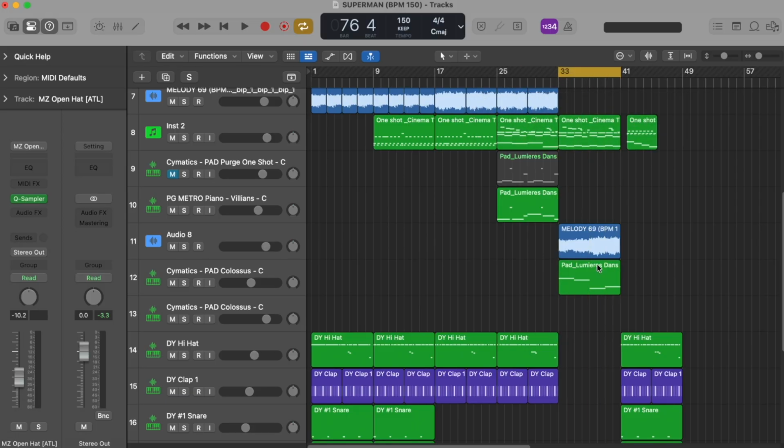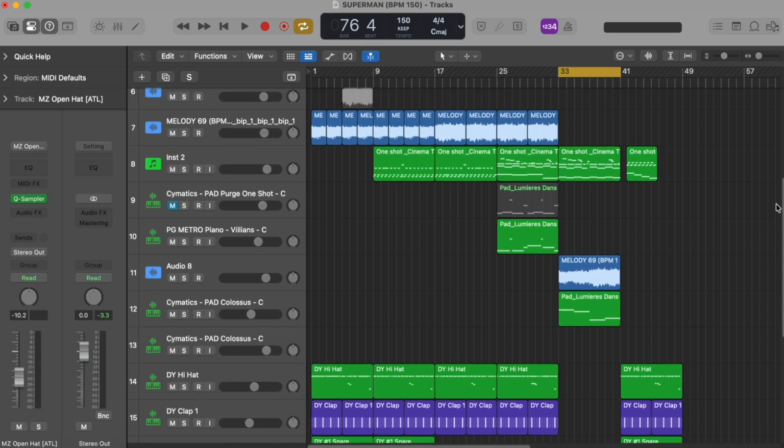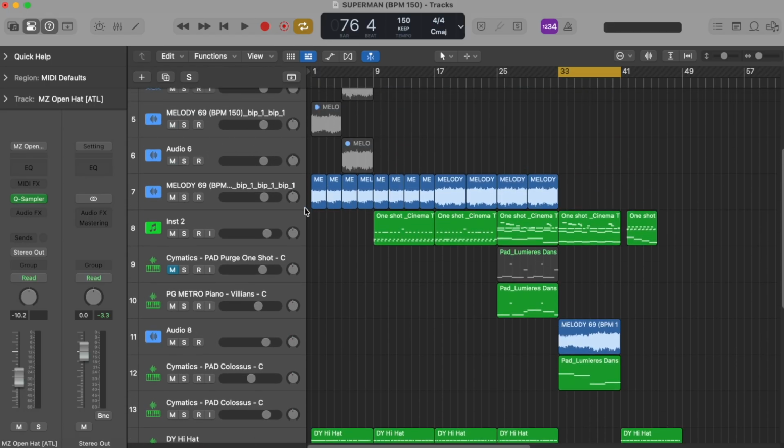usually in the bridges, the first bridge that I have, I'm usually removing all drums. The second bridge that I have, I'll introduce some drums that will then go back into the chorus. So very simple breakdown. Once again, making it easy for the artist to rap on, to find their voice on,